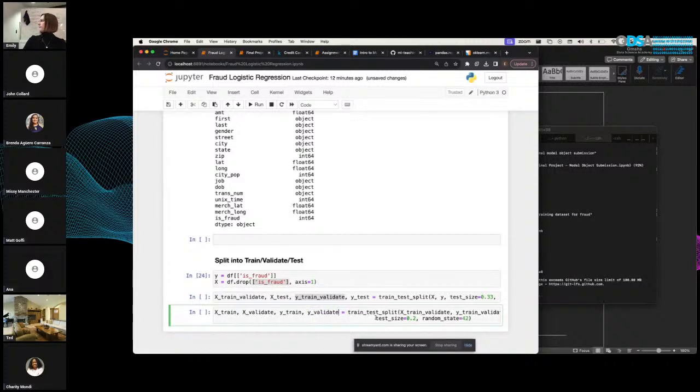Can you explain that a little bit, just to make sure? Yeah. So we have our X and our Y here. And what we want to do is split this into 3 data sets. Unfortunately, the function that we have, train test split, only splits into 2 data sets. So we have to split into a test set and then a data set that we're then going to split again into 2 more data sets.